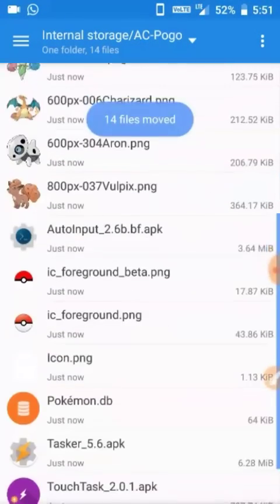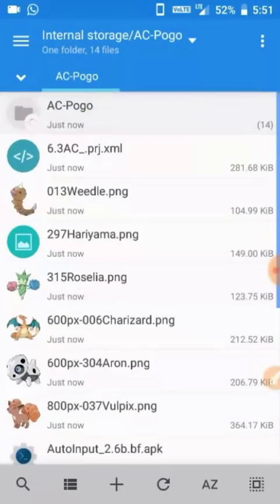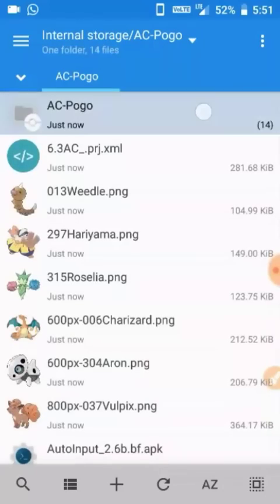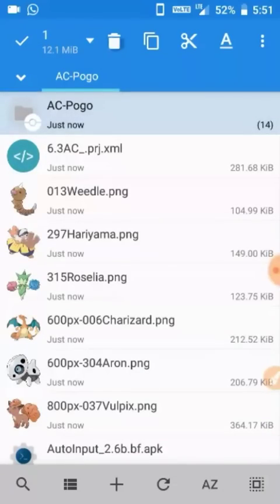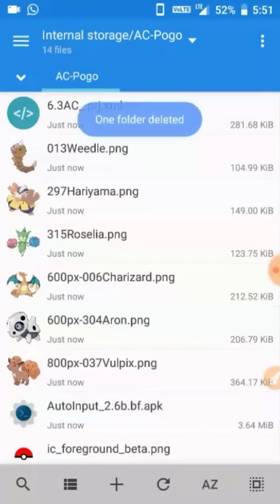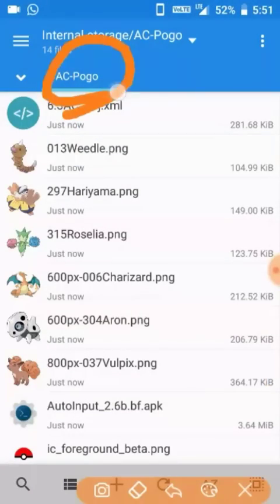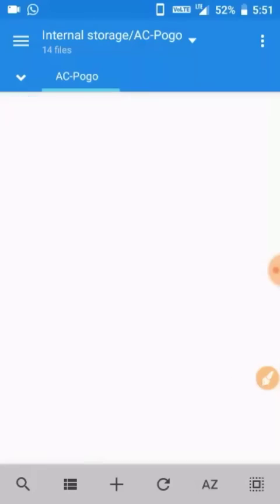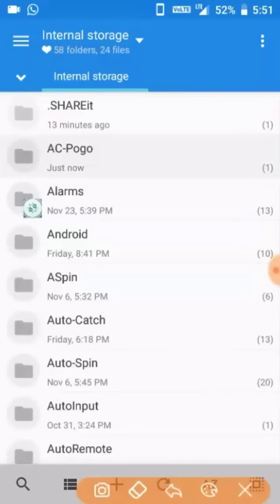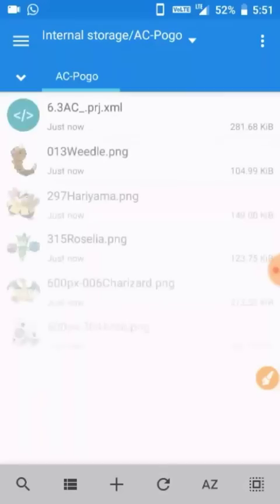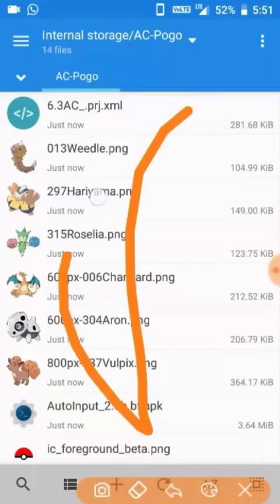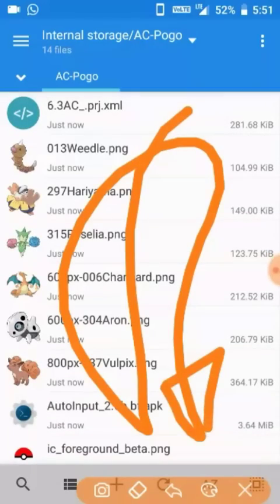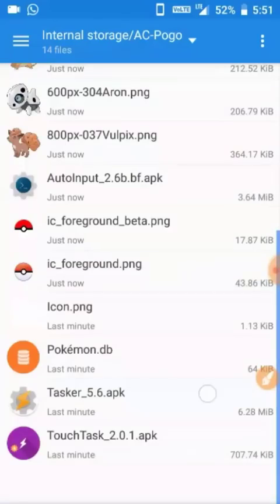So there is just a subfolder remaining here. This is an empty folder. I will delete this subfolder. So the path you can see here is AC-Pogo and every file is inside the AC-Pogo folder. Once I go back, you can see I'm in internal storage where Alarm, Android and everything is there. So you can see in internal storage the AC folder, the AC-Pogo folder, and inside that there should be all the files